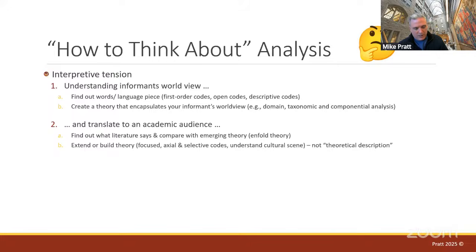What you're not doing here, analysis is not theoretical description. I've used this term before. What you're not doing in your analysis is simply taking, I found this and this relates to this theory, I found this and this relates to this theory, I found this finding and that relates to this theory. If all you're doing is essentially matching different theoretical categories to your data, a reviewer is going to come back and say, well, what have you discovered? Essentially, you've showed us what we already know. So you're going to want to move beyond what we know. So your analysis can't just stop with existing theoretical labels.